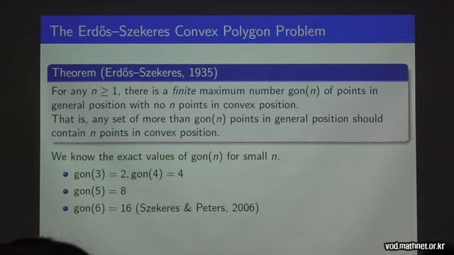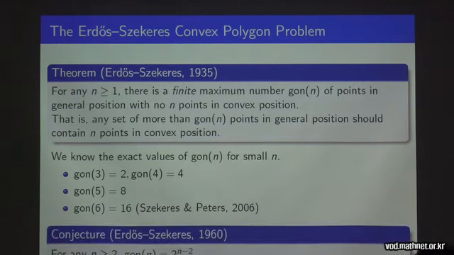Unfortunately, we are not capable of understanding the proof. Szekeres and Peters found this by an extensive computer search. And we don't know the values extending this list. But Erdős and Szekeres in 1960 conjectured that they are powers of 2. So this problem is notorious for being very simple, but also extremely hard. People consider this the conjecture of geometric Ramsey theory.